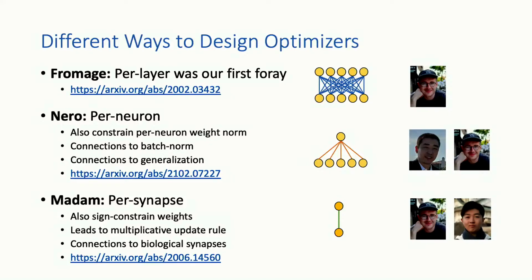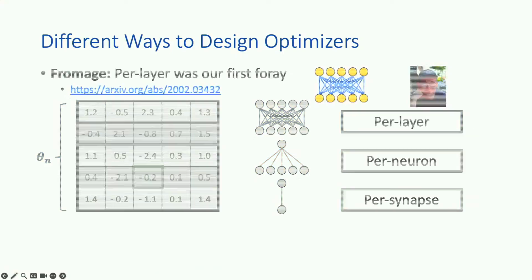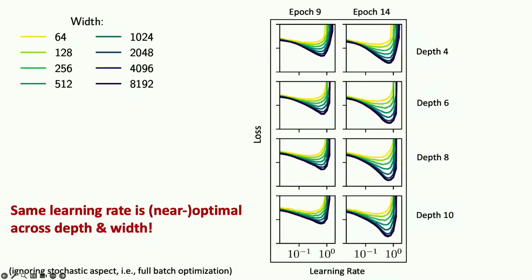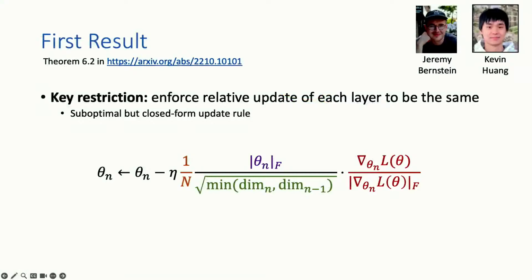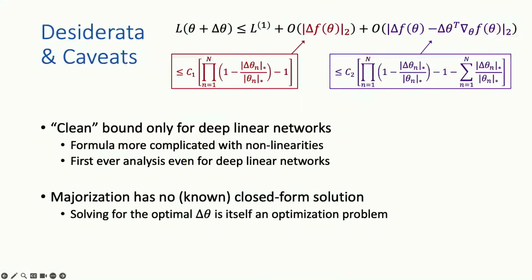I have a question. So when you said you only did it for linear models, does it mean you didn't have your positive part of the function, or did you have it? You're talking about the bound I showed? Yes. The bound I showed is a clean bound for presentation purposes for linear models. By linear I mean there are no ReLUs, there are no nonlinearities. So this particular bound that I'm showing for presentation purposes is only for deep linear networks,